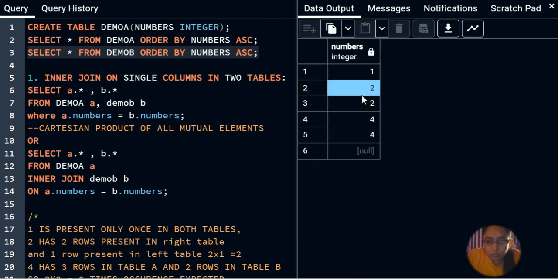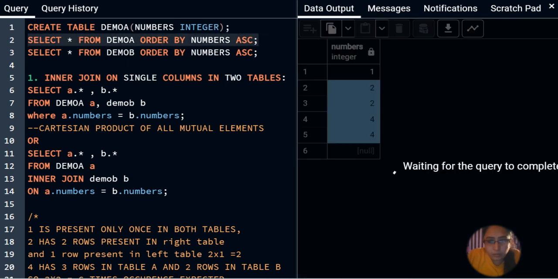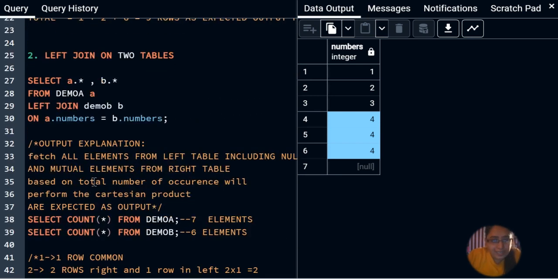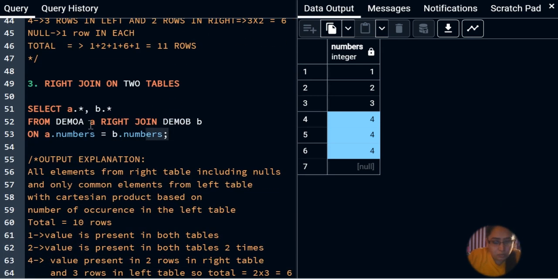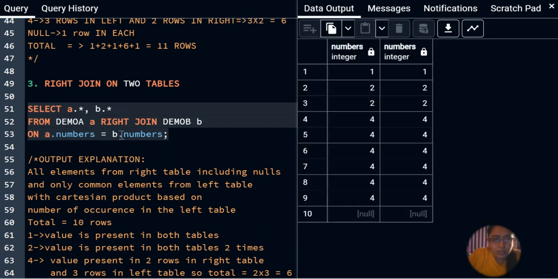So 2 and 4 are duplicates present in demo B table twice, and if you watch carefully in demo A table, you will see 3 duplicates of 4. Now while performing the right join, let us see what the output is. If I run select a.*, b.* from demo A right join demo B on a.numbers